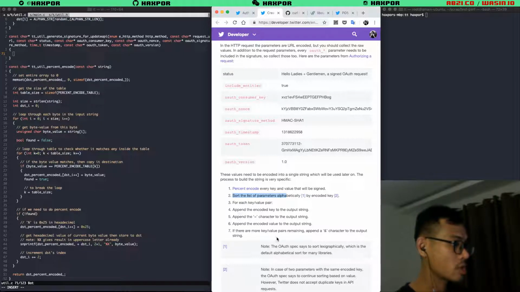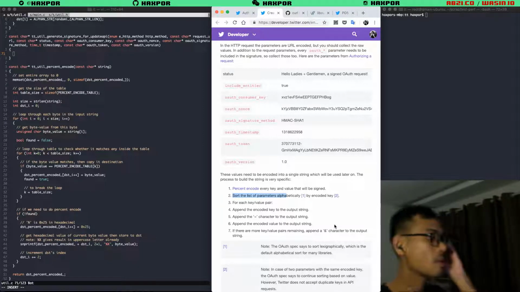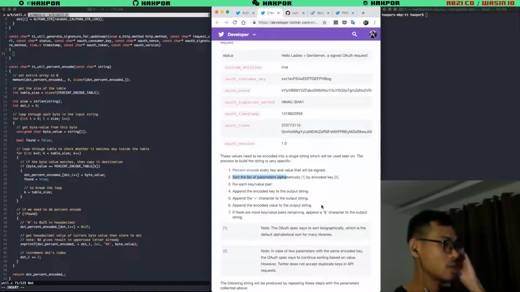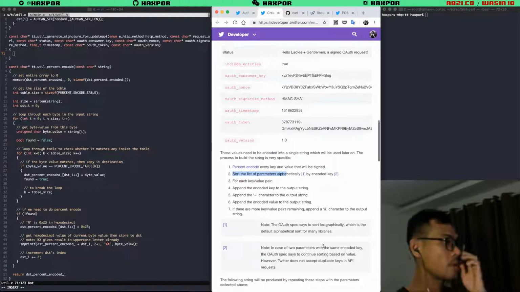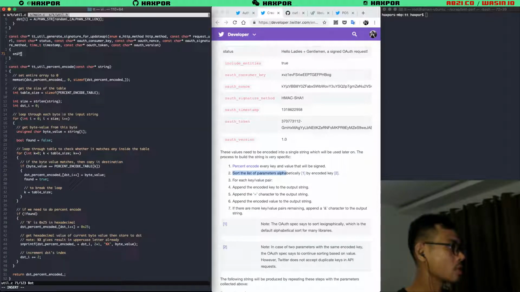If there are more key value pairs remaining, append an ampersand character to the output string. We're going to do it by hand.